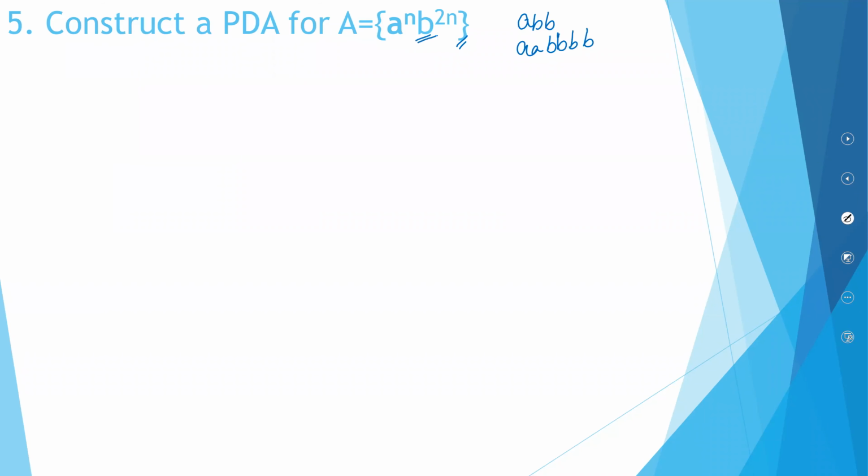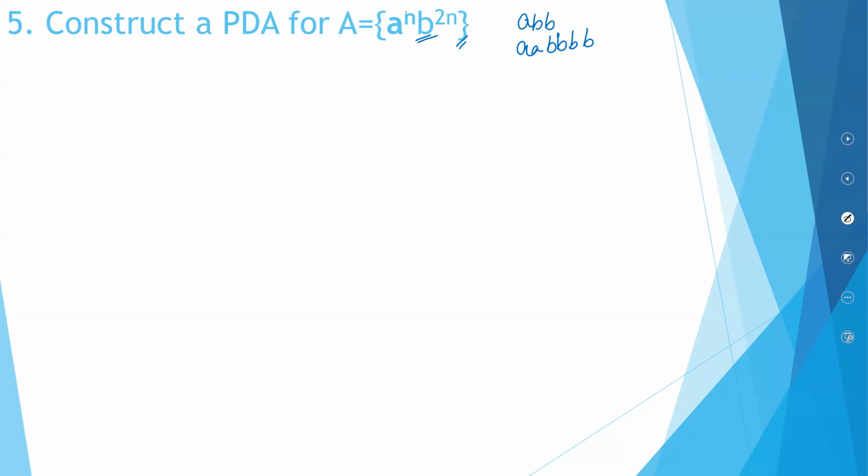You quickly look into it. You can know that you will need a stack because the value of n needs to be stored in your memory. Then only you will be able to get B raised to 2n. So very clearly, your finite automaton will not take care of this. We will need a push-down automaton to take care of this kind of language.